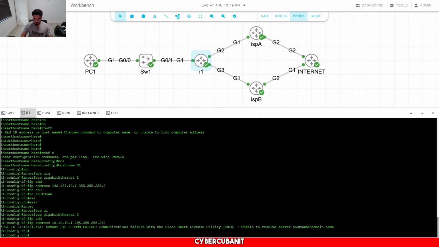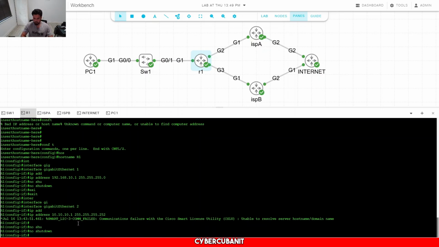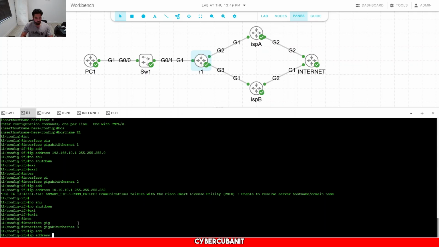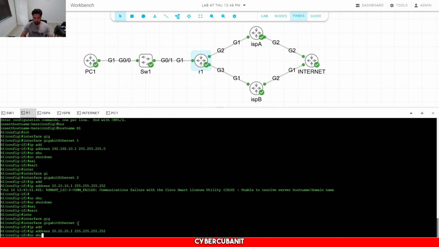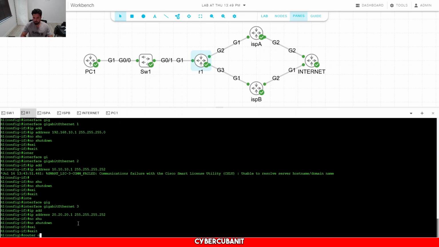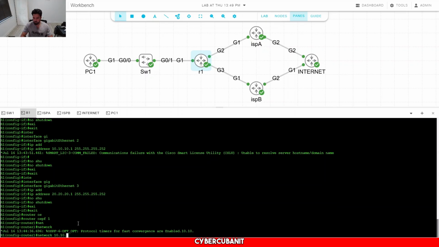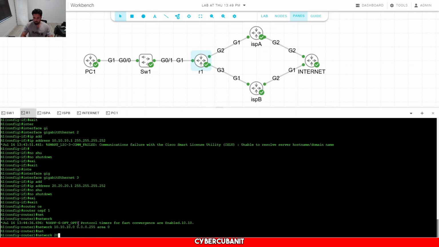Alright. Did I no shut that? No, I didn't. Boom. No shut, exit, interface gig 3, IP address 20.20.20.1, 255.255.255.252. No shut on that. Exit, and then we're gonna go into OSPF. Router OSPF 1, network 10.10.10.0 0.0.0.255 area 0, network 20.20.20.0